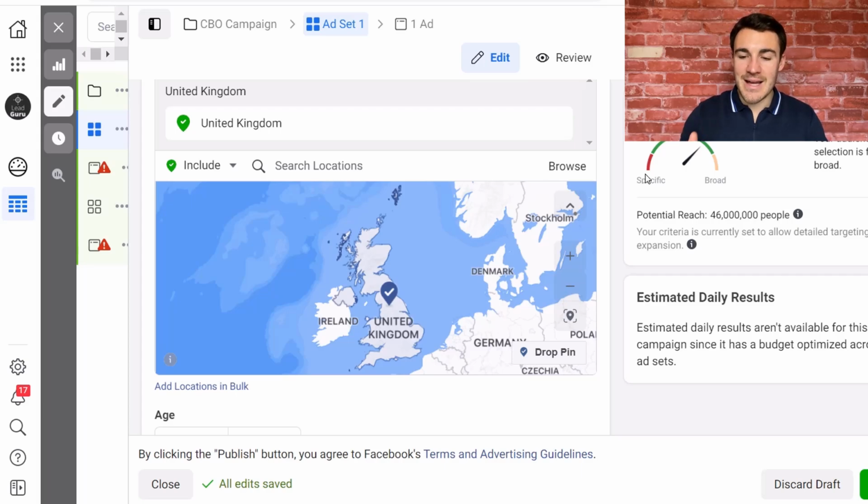Now, before I get into that, I just want to very quickly say that when making this decision, don't advertise anywhere where you can't or don't want to deliver your products or services. Don't add them in for the sake of the Facebook ad campaign. So if you're a service business that operates locally, like a gym or a dentist, you know people are only going to travel so far, just advertise in the area that you're going to get customers from and you want to get customers from.